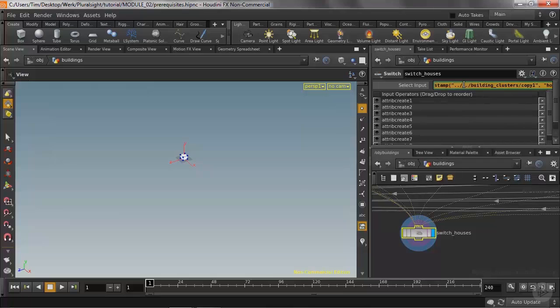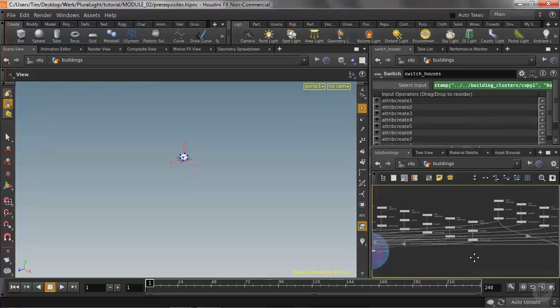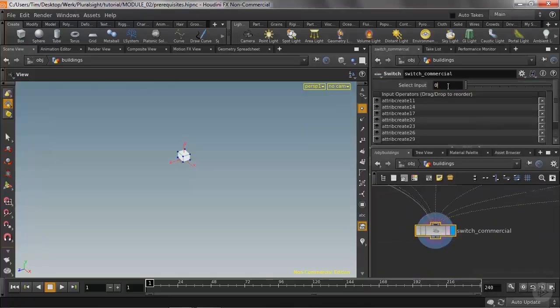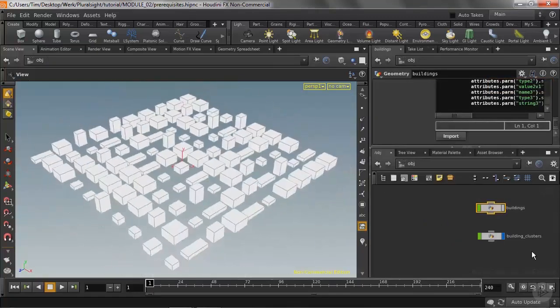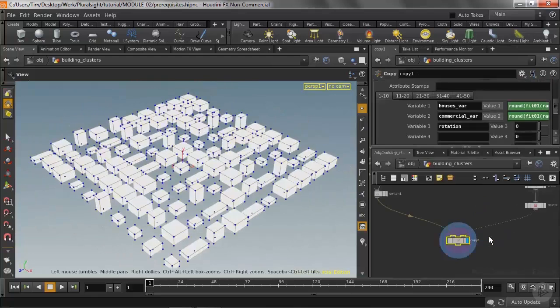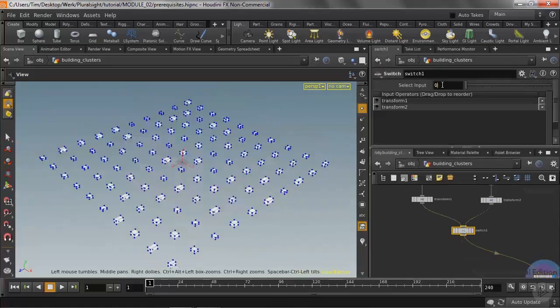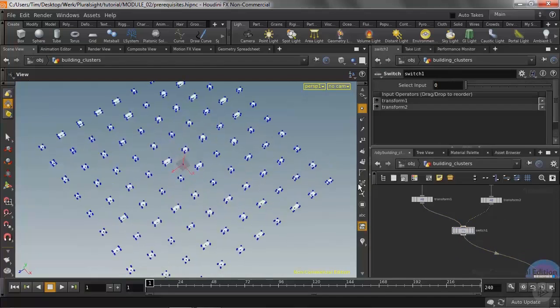Now we do the same thing, we copy this into the commercials, so I'll select that switch, paste it in, and instead of houses var, we're going to change that to commercial var. Right, let's go back into building clusters, and as you can already see, we've already got different buildings right there. Now, if we switch this to the houses, we get the same idea, but now we've got the houses instead